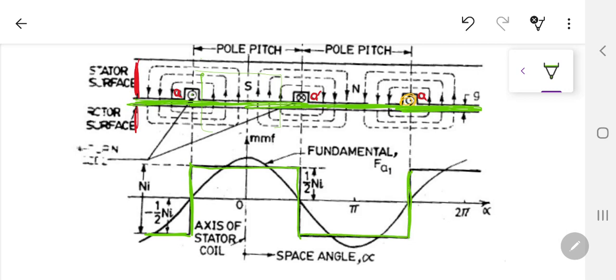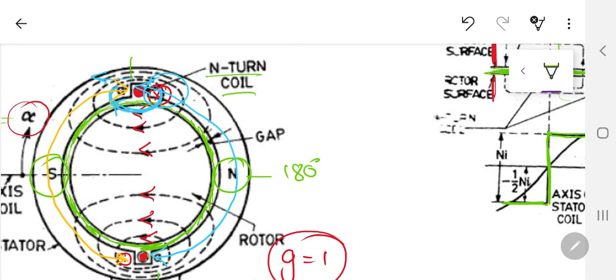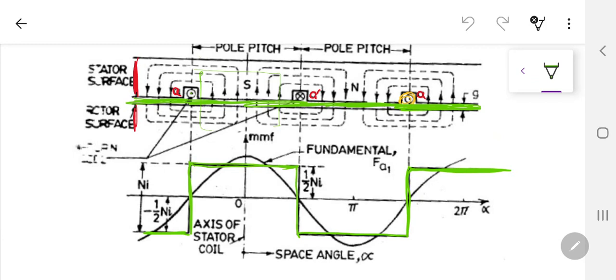this square shaped waveform over here. Now how it is like this, if you can see over there, this is a cross and this is the dot. So when you are adding the number of turns from here and here, you are getting a square waveform in all this area between A and A dash, and this is actually the north pole. So if I move on over here, between this slot and this slot, this is the north pole, and if I have plotted it in the form of an MMF waveform, this is the green color, this is the north pole, and certainly this is the south pole over there.